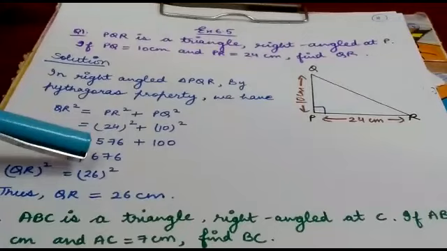Now let A be the distance of the foot of the ladder from the wall, and AC be the ladder, which is 15 meters given to you. Now in the right angle triangle, B is the right angle. The side opposite to it is the hypotenuse. So AC is called the hypotenuse. Hypotenuse square, means AC square, is equal to perpendicular AB square plus base BC square. That means BC square.